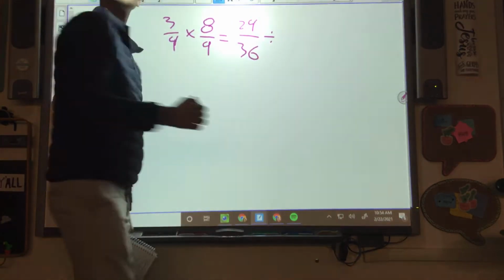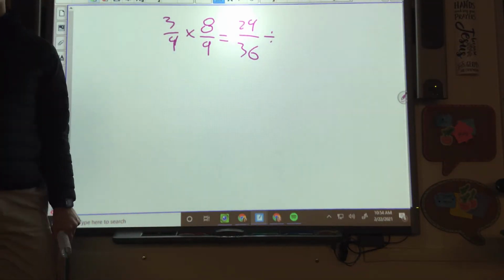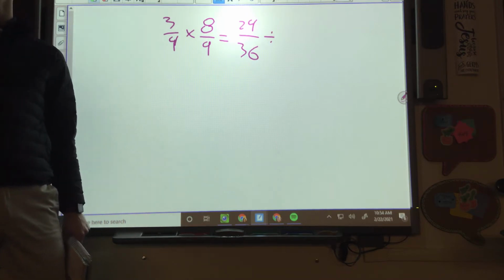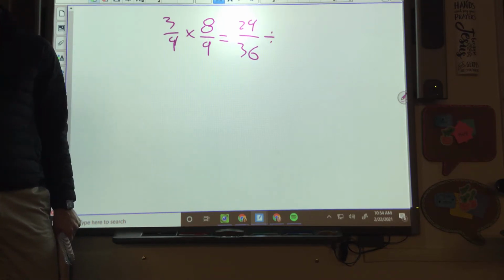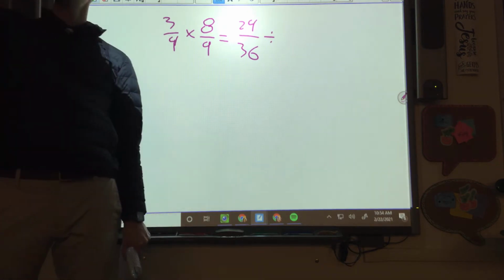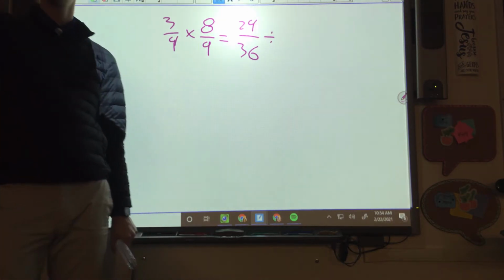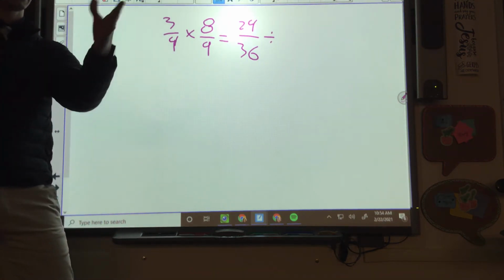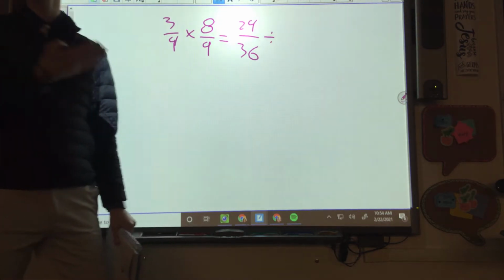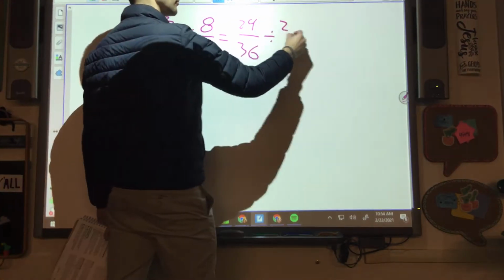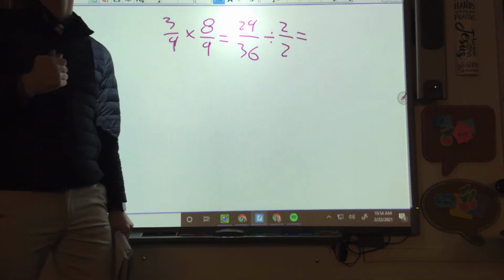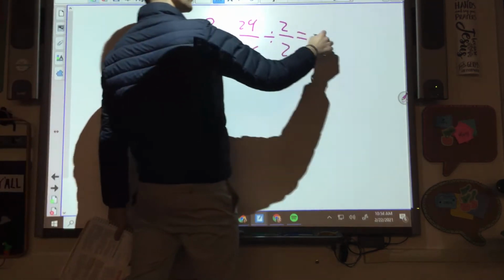Alright, let's start with the smallest number. What's the smallest number that can go into 24 and 36? 2, and you know that because they are both what kind of numbers? Because they're both, what numbers can you always divide by 2? Even numbers. So you know that you can divide by 2 because these are both even numbers. 24 divided by 2 is 12. And 36 divided by 2 is,